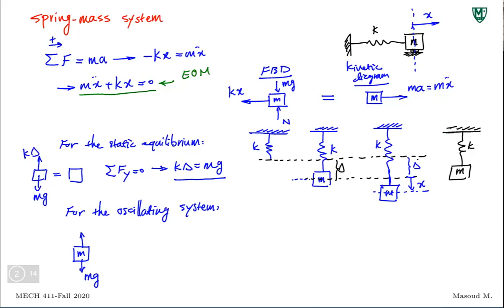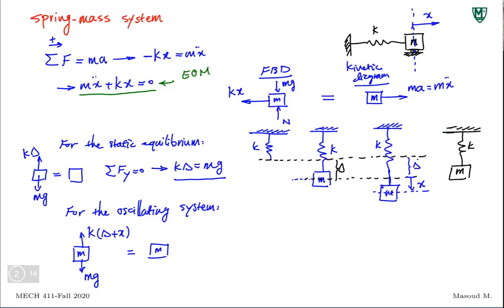Delta was when we were at the equilibrium point. But now if we're going X amount further, the spring force would be K times delta plus X. And that is equal to